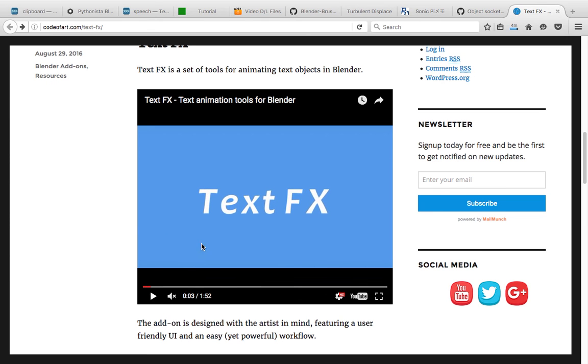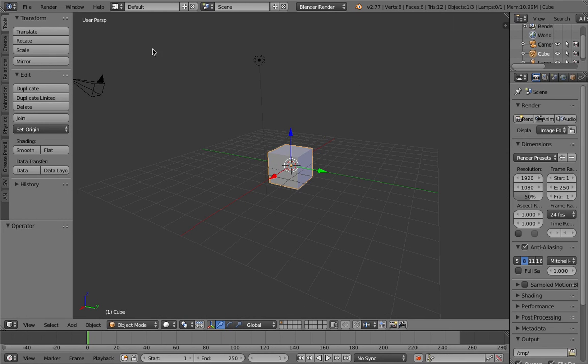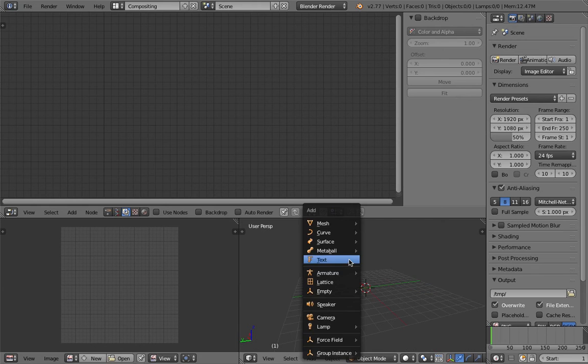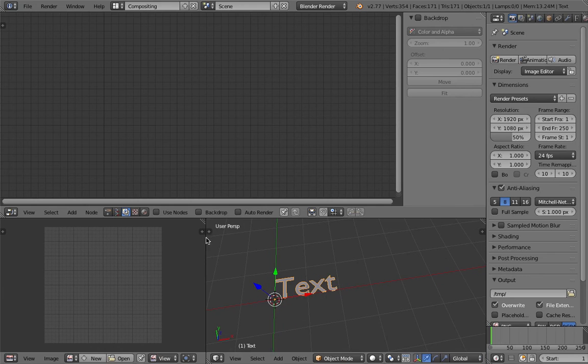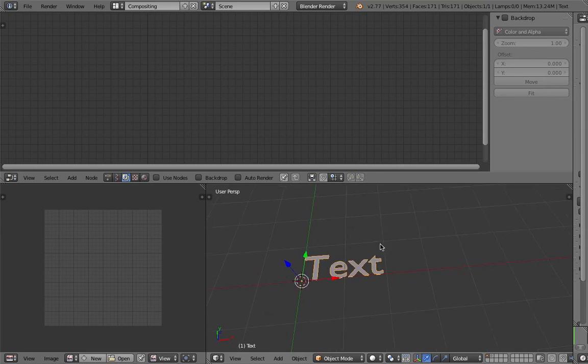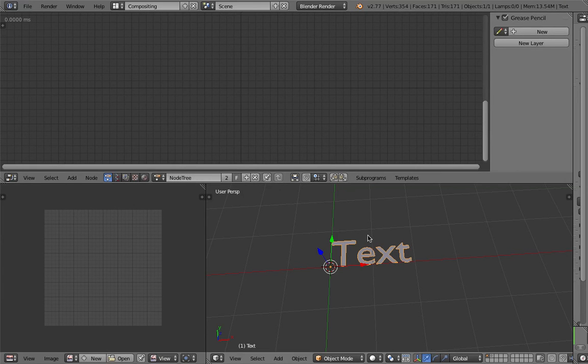Let's start with there's a bunch of transformation effects here. So let's create one. This is the scaling effect, and then with a bit of wobble. Let's jump to animation nodes. Go to compositing. Let's hide the lamp and the light. Delete cube. Let's create just a text object, and that's the default text object. Let's make the screen bigger. Text, we're gonna leave it just as default. Let's go to animation nodes, create a new node tree, and